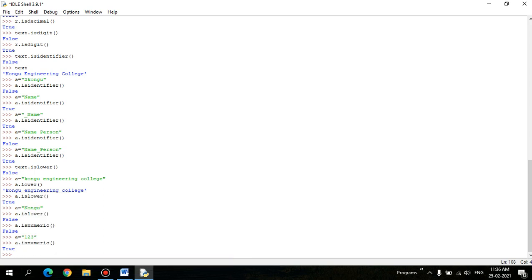So let's go for a good example. Text equal to, and here I need to check whether the string that is stored can be printed, right? So that is the mechanism here. Let's take this as an example.